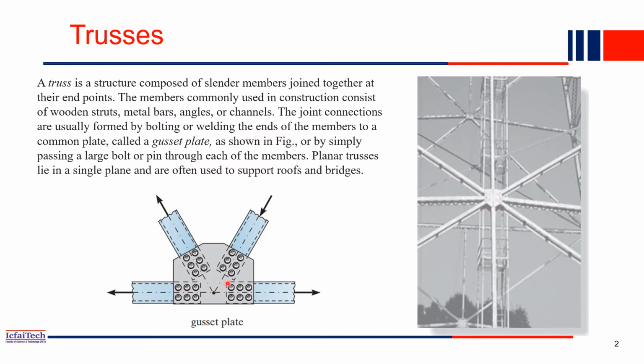If you see here, it is an enlarged picture of a gusset plate. So in the gusset plate, all the 4 or 5 bars are connected through bolts. All are bolt jointed, and ideally in the analysis, all the bars are actually passing through a single bolt, but in reality there is a gusset plate. In that gusset plate all the bars are connected and the loads are applied.